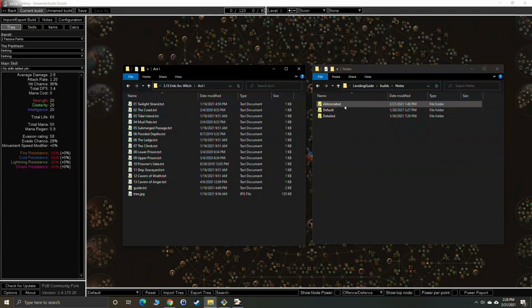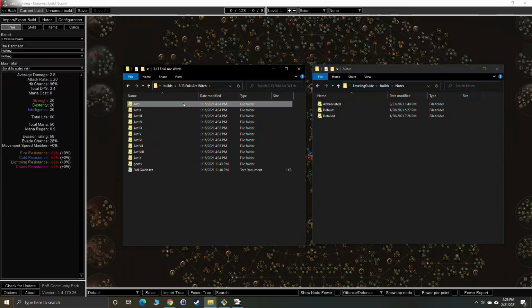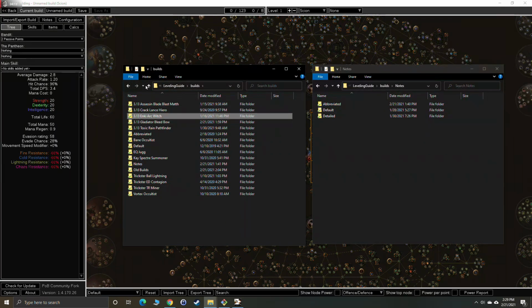Abbreviated actually isn't done yet. Default and detailed are done. So we're going to do the first section of abbreviated to show what that looks like. What I did is I actually just copied default to abbreviated, and that's what you can do for any of your builds. So let's say here you've got a new build,